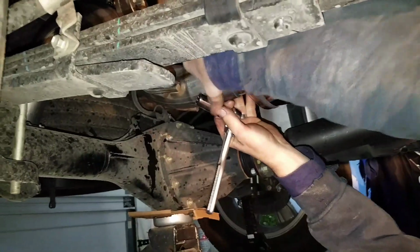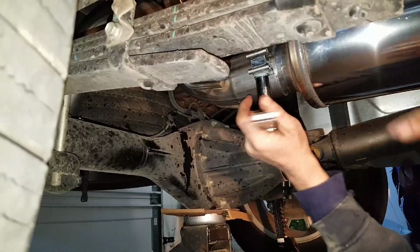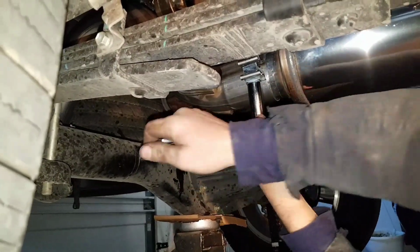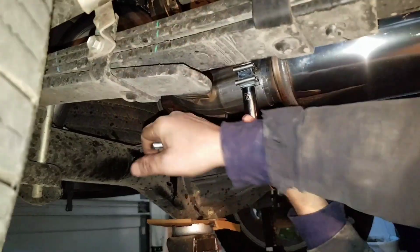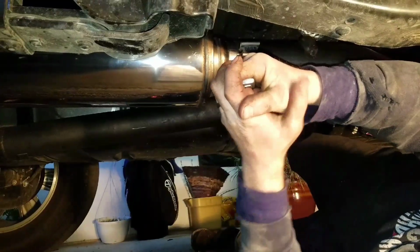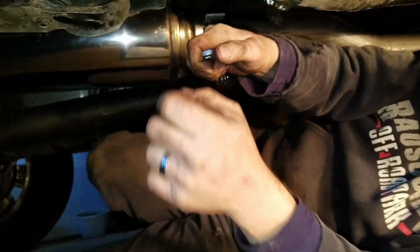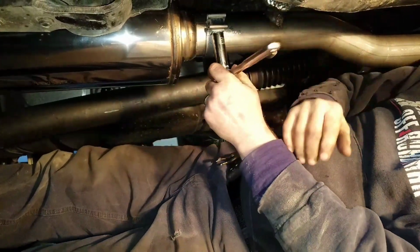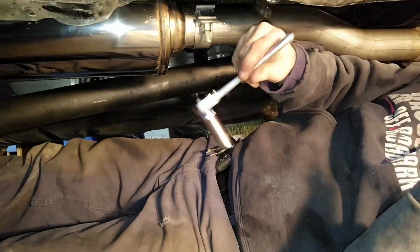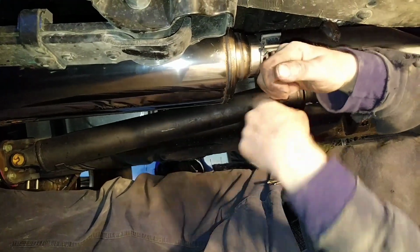Now, I like to try to make my stuff as parallel and even as possible. It just looks neat. Looks like you cared about the job that you did. Even if nobody ever sees underneath it, you know that you did a good job. Sometimes it helps being a bigger guy so that you can hold yourself from moving. Or a longer ratchet, but this is to show that you can do it in your shop with even standard hand tools. I could get some big breaker bars and